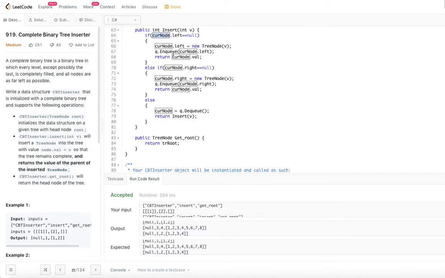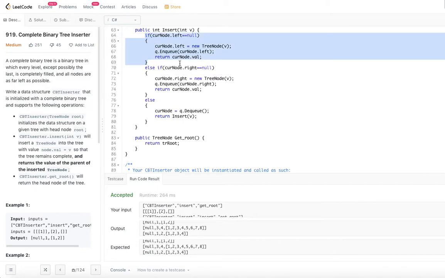If so, that means we have to insert at the leftmost position, and we insert that into the queue, because whatever we inserted newly will have to be used in the future. As part of the insert operation, we need to return the parent value, the current node value. This is when the left pointer is null.